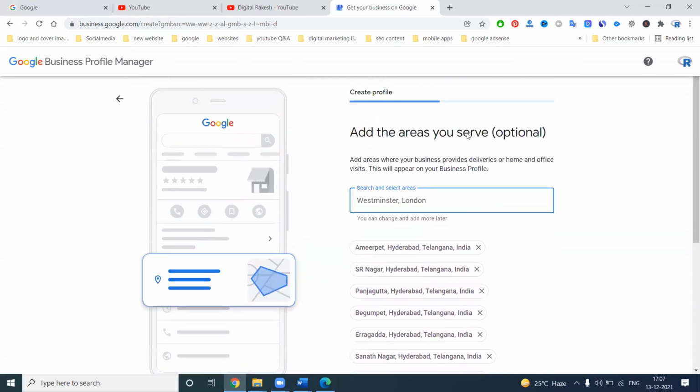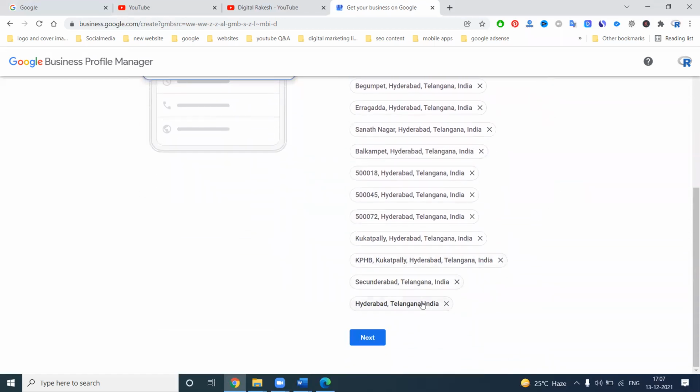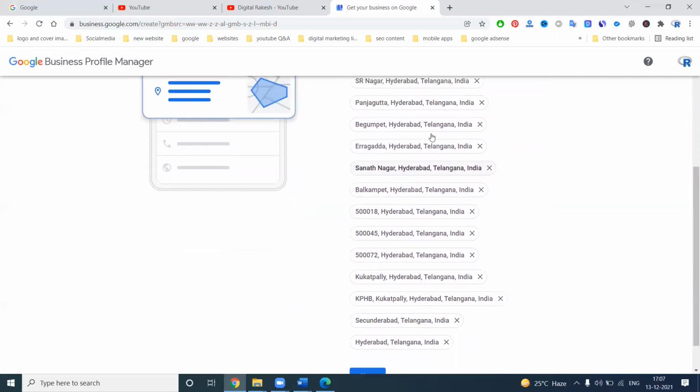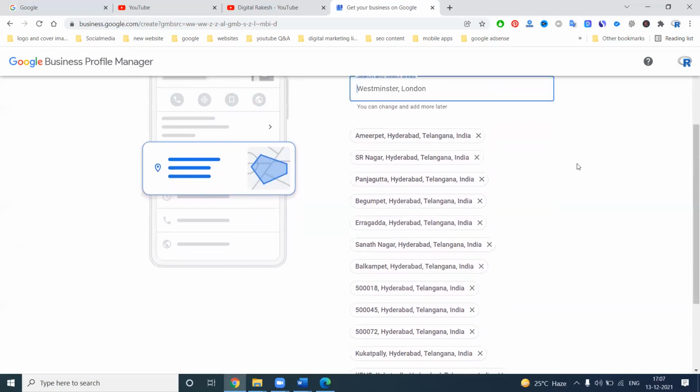These are my service areas. So how many service areas can we add? We can add up to 20 service areas. 1, 2, 3, 4, 5, 6, 7, 8, 9, 10, 11, 12, 13, 14. I'm adding these, the remaining 6 will be pending.